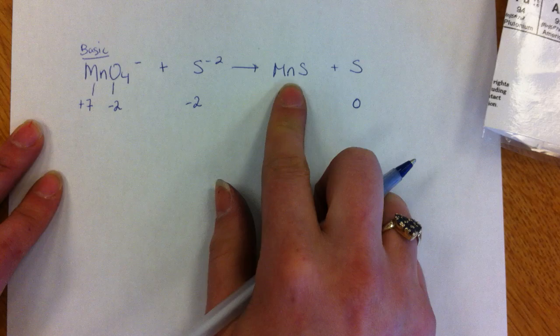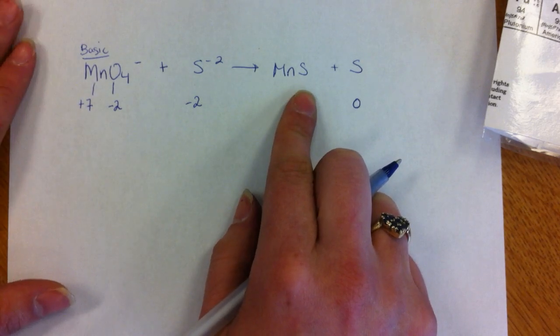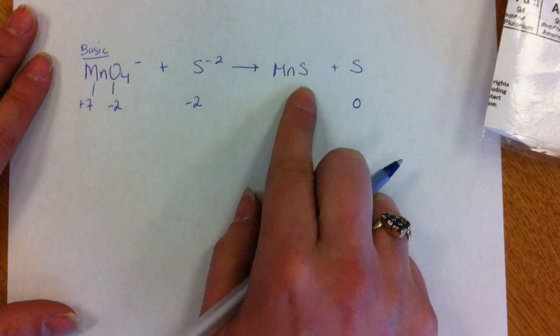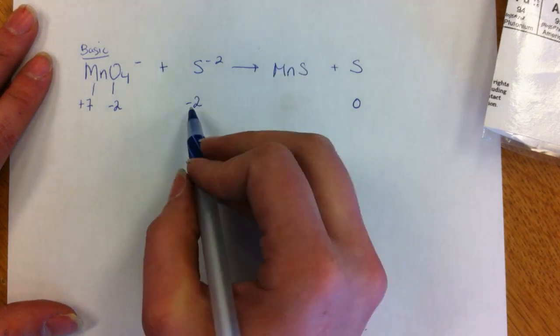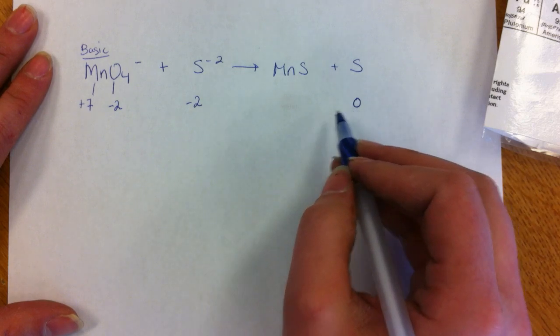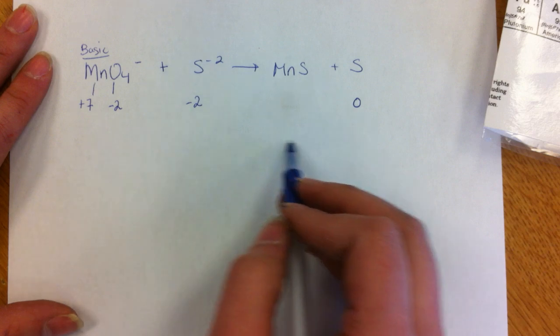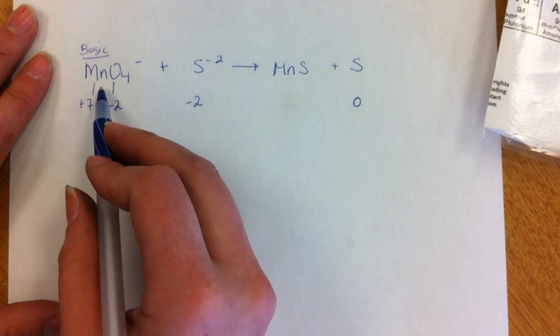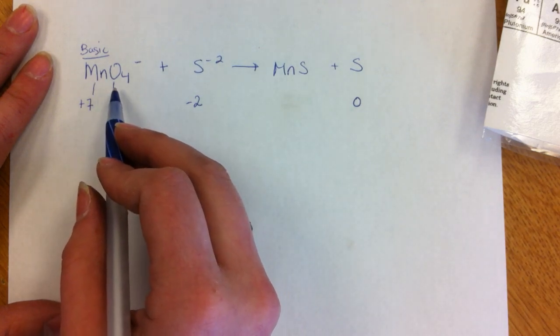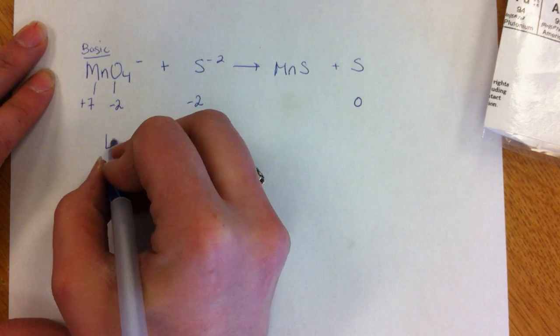Then we have Mn and S. And you might be wondering, how am I going to know which one is which? That's okay that you don't know what the charge of this is yet. What you do know is that this is one half reaction. So the only other thing left to be, this is going to be the LEO. The only thing left to be the GER is the manganese, because O won't change its oxidation state. So we'll write the LEO